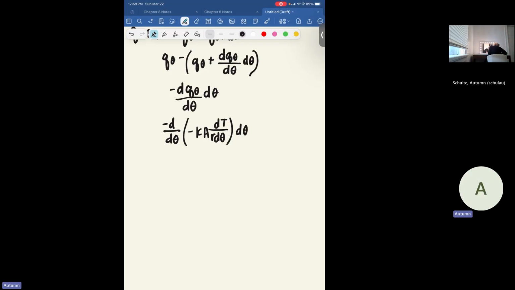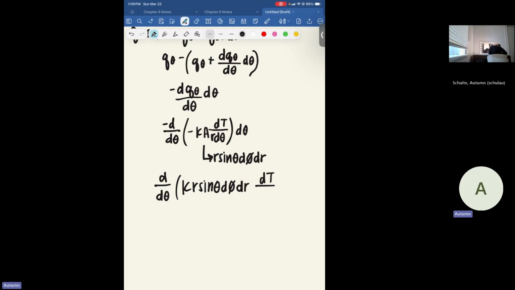So we're going to simplify this to have an area that is r sine theta d phi dr. So plugging this in, our negatives cancel. We're going to have the derivative with respect to theta multiplied by our thermal conductivity multiplied by r sine theta d phi dr